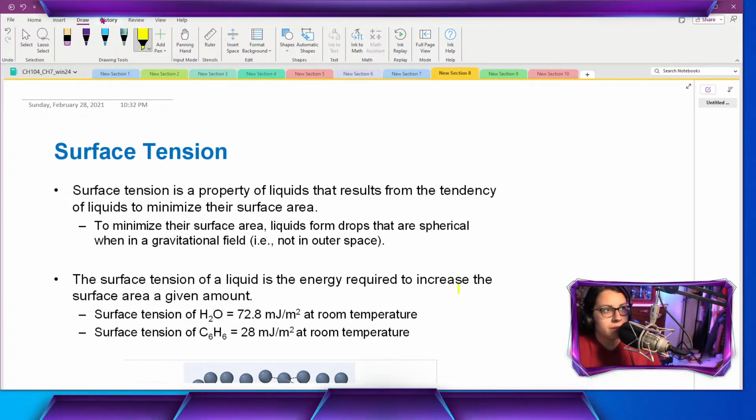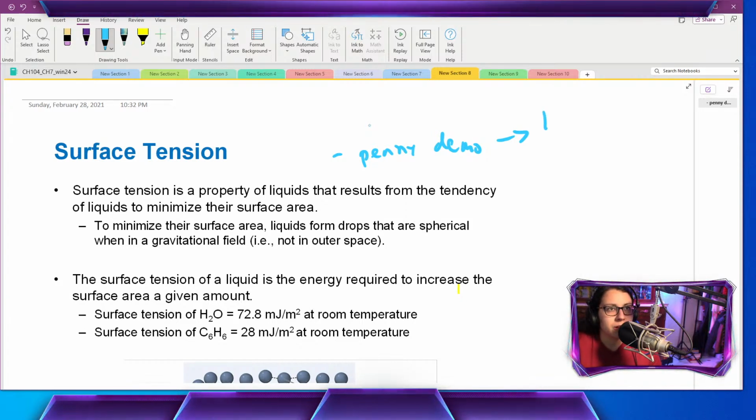If we were in class, I might do what's called my penny demo. You can do this at home, maybe if you have solvents, although maybe I shouldn't encourage you to play with organic solvents. See how many drops of water you can get on a penny versus an organic like pentane